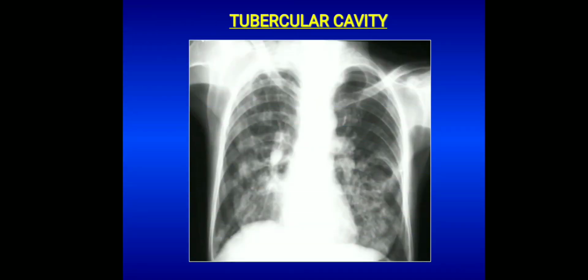So next, coming to another important lesion, that is a tubercular cavity. Here it's a chest X-ray PA view showing a tubercular cavity in the left mid zone. You can see a thick-walled cavitating lesion in the left mid zone, and also bilateral paracardiac lower zone haziness is seen in the bilateral lung fields, left more than right. So tuberculosis can lead to cavity formation.